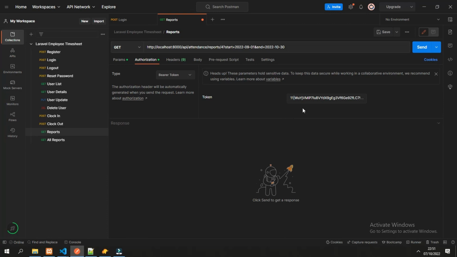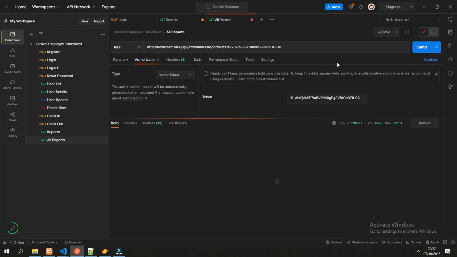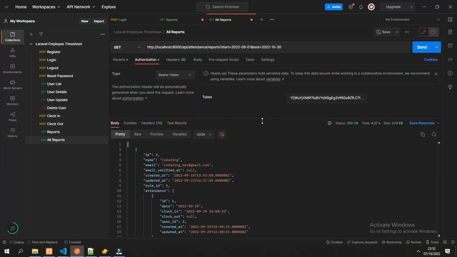Let's copy the latest token from here. This is the token from the admin, and because this is an admin, they should be able to run through the API. Now it's working because this user is an admin.